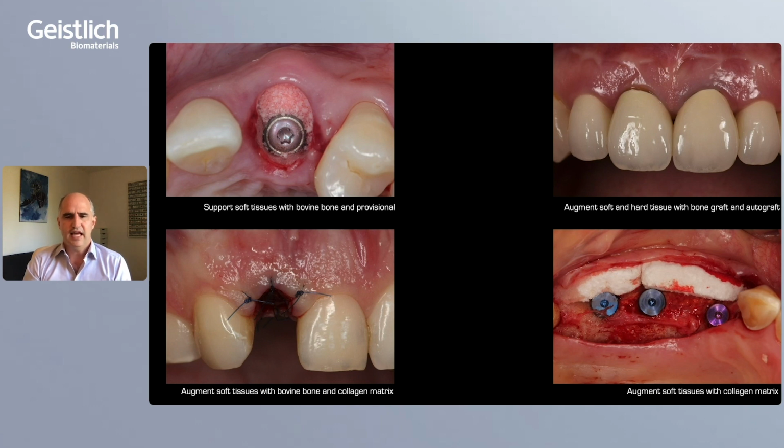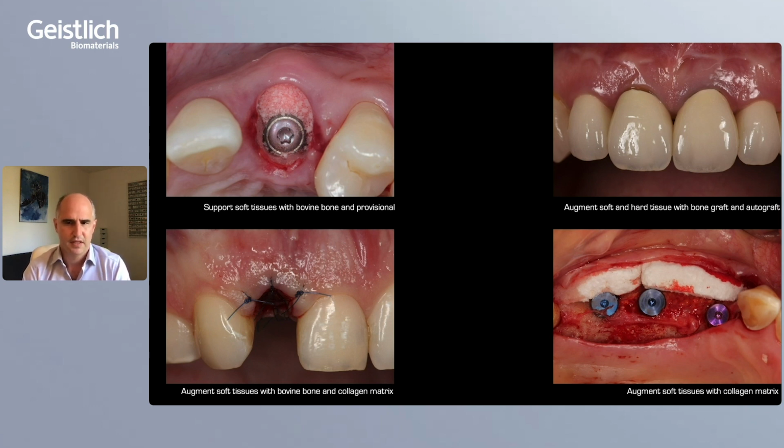Now, coming to the last aspect, I think we saw that improving soft tissue is very important to support the underlying bone level, and by this to prevent complications like bone loss. The best thing to do is, if you have everything, stabilize everything. If you don't have anything, improve the soft tissues already at the time of tooth extraction. Consider xenografts, especially the soft tissue matrices at the time of tooth extraction, because they blend in much better than